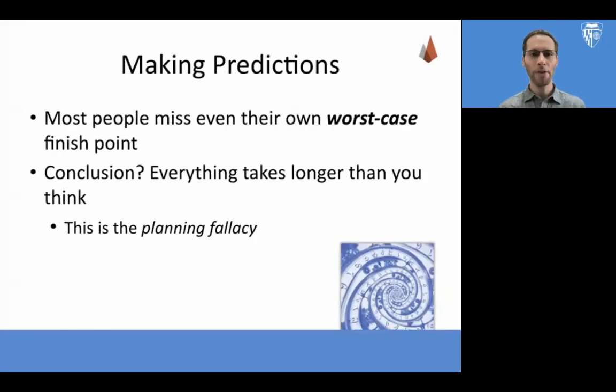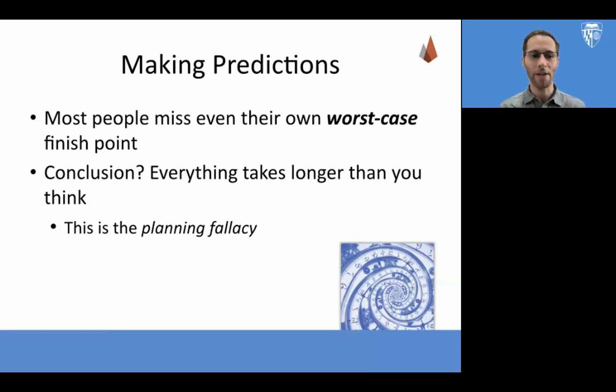Now, what's the point of this exercise? Well, when researchers study people who write down a goal and then those 3 dates, they find that a majority of participants miss even their own worst case finish point. That is, it takes longer than the 3rd date people write down, where everything goes wrong, in a majority of cases for people to accomplish their goals. So the conclusion of this is that everything always takes longer than you think, and this is referred to as